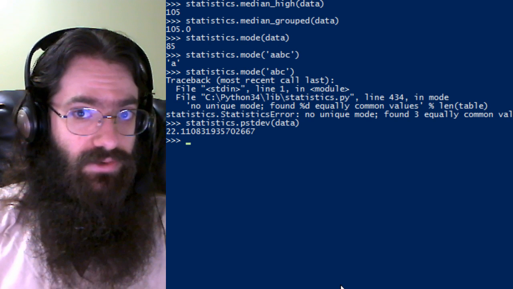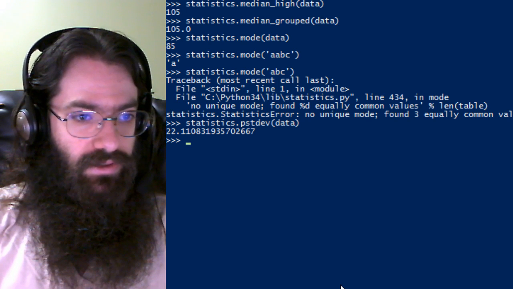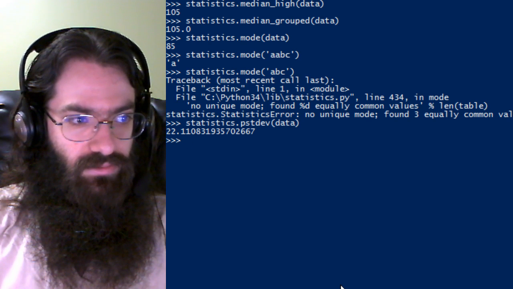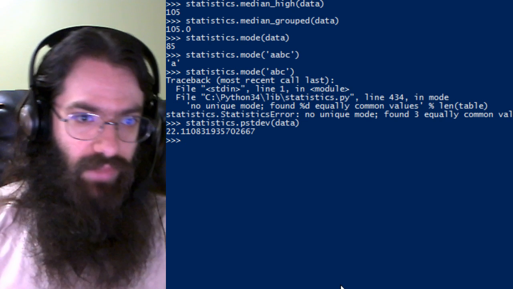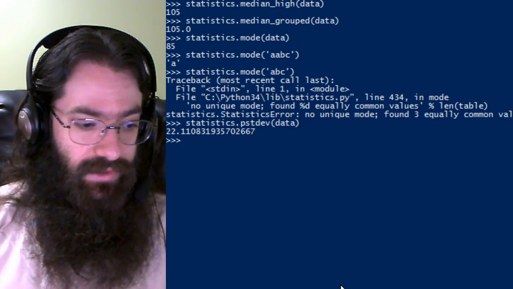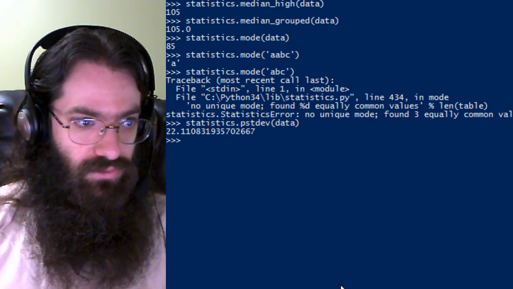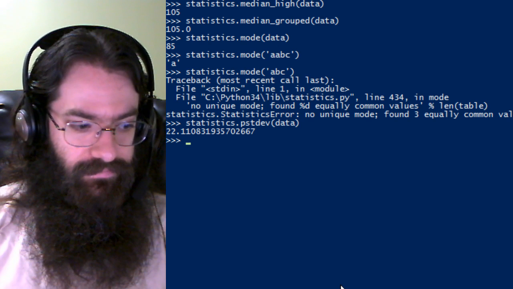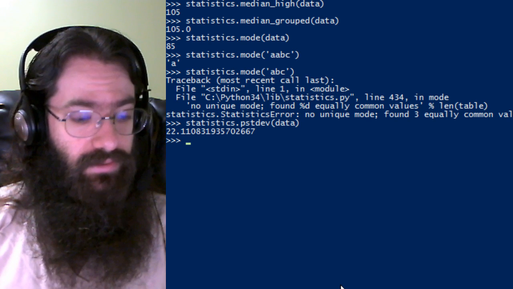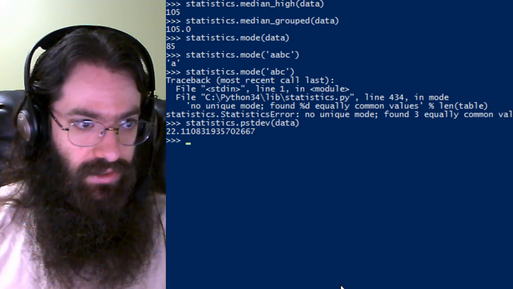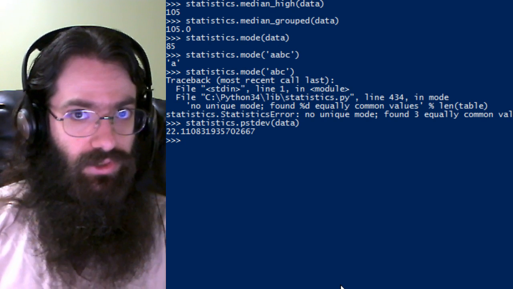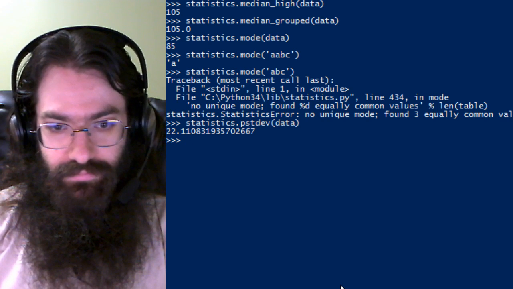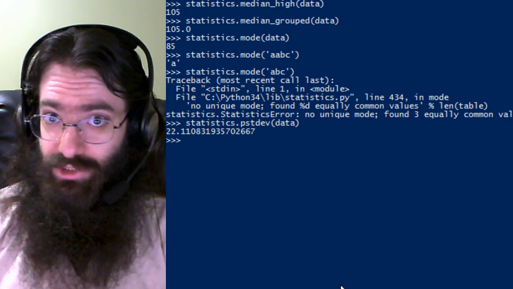The numbers that I entered above were kind of based on IQ scores, just kind of made up. And it so happens that IQ is normally distributed, and the standard deviation is 15, and the average is 100. Those are kind of by definition,